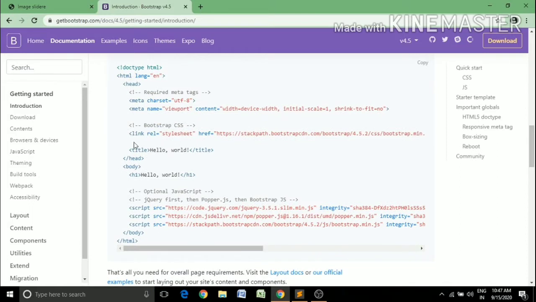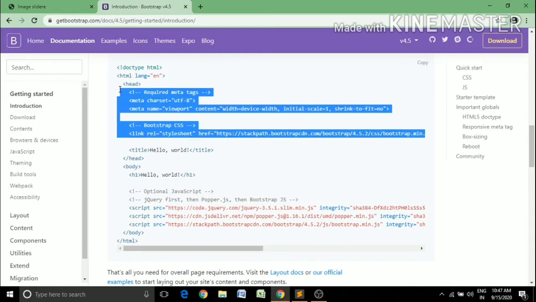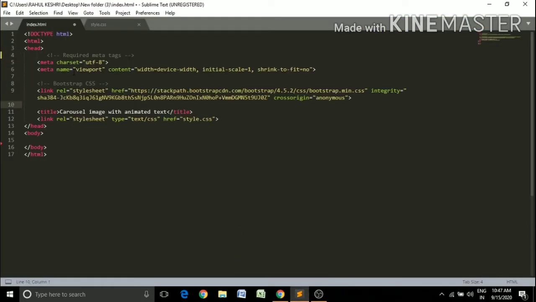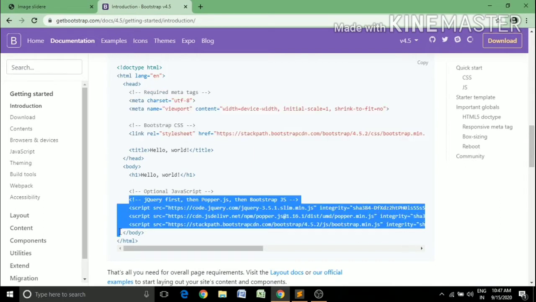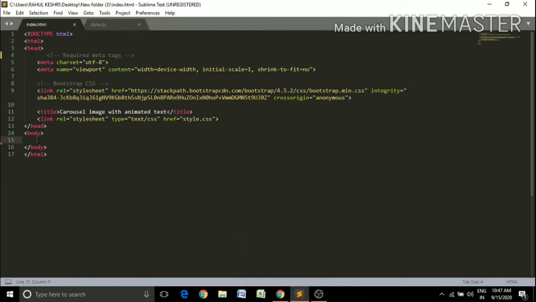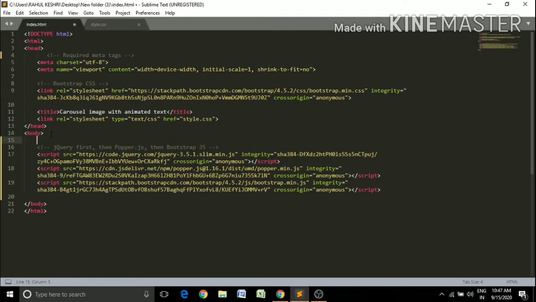Right from here, guys, I'm going to copy this code, the Bootstrap CSS CDN and meta tags link, and paste it before the title tag. So guys, if you don't know why we use the meta tag, the meta tag tells about the responsiveness of the page. That's why we use it. Okay, so again, I'm just going to copy this script part and right here paste it before the body closing tag. Okay,